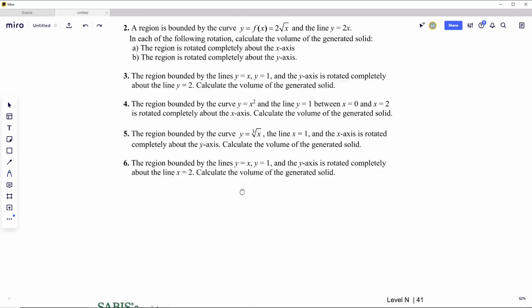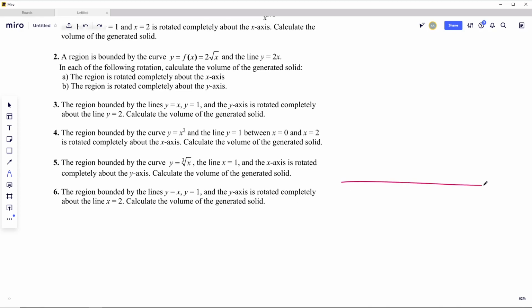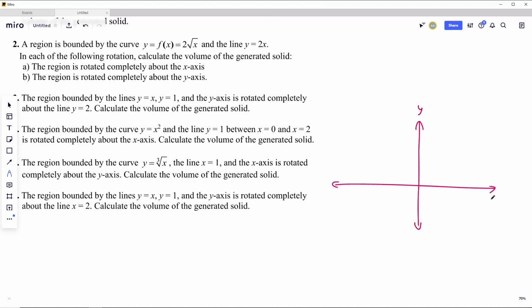So number 6, let's see what this question has for us. Like that. This time I'm doing it beside it because I have space down. y and x, y equals x, so something like this, and y equals 1, and the y-axis, so this region